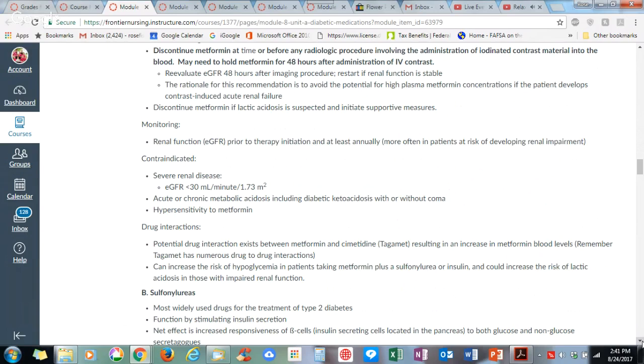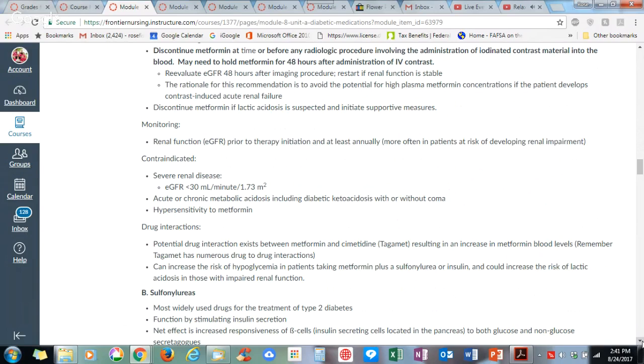The rationale for this recommendation is to avoid the potential for high plasma metformin concentrations if the patient develops contrast-induced acute renal failure. Discontinue metformin if lactic acidosis is suspected and initiate supportive measures. Monitoring renal function, eGFR, prior to therapy initiation and at least annually, more often in patients at risk for developing